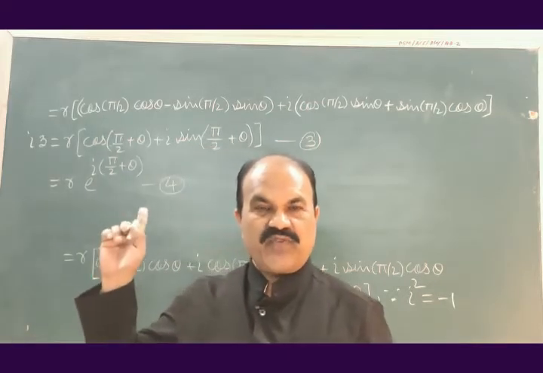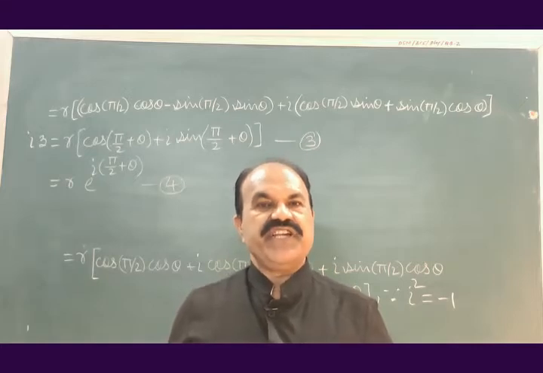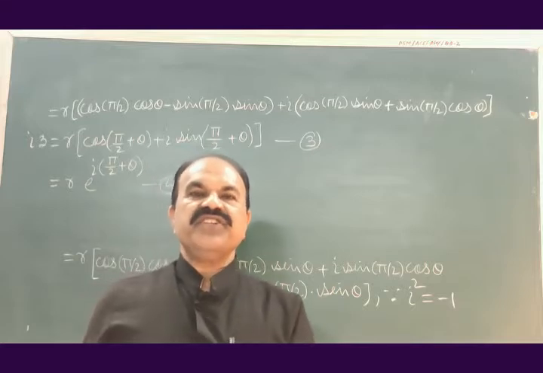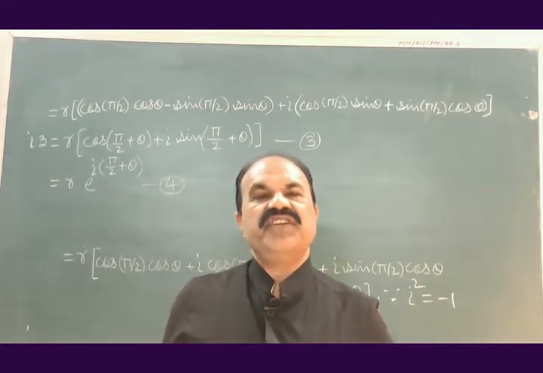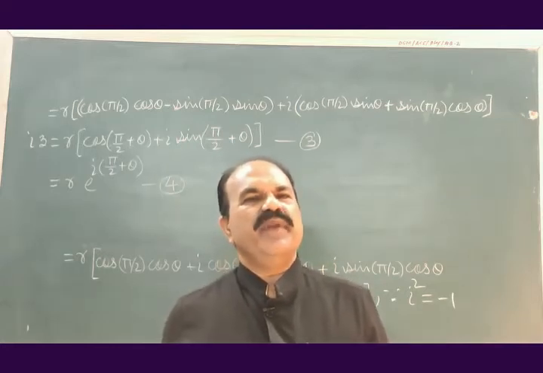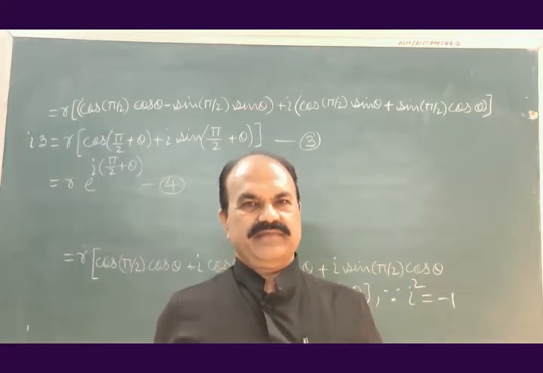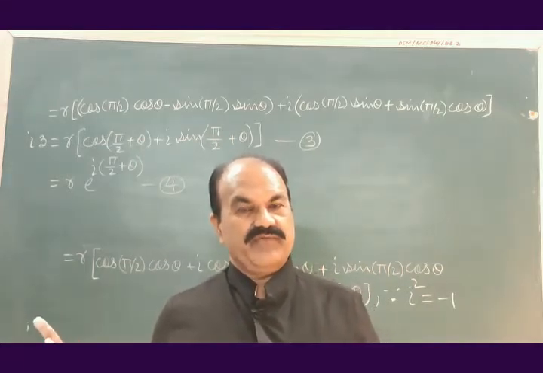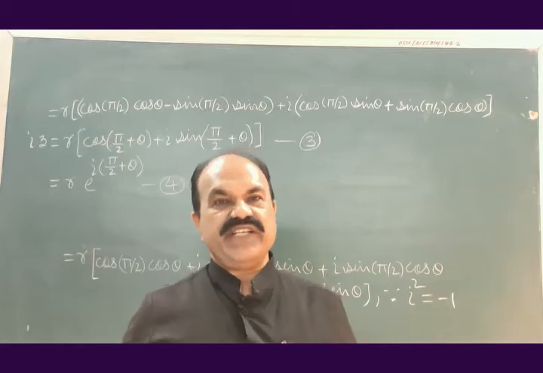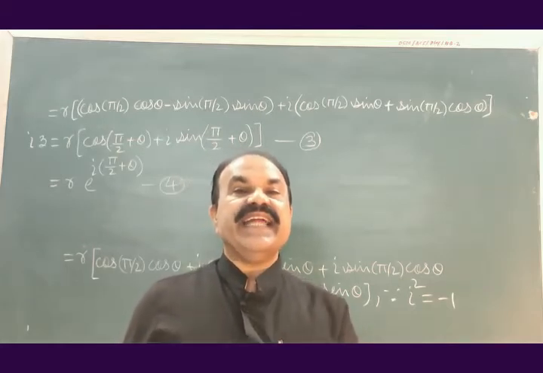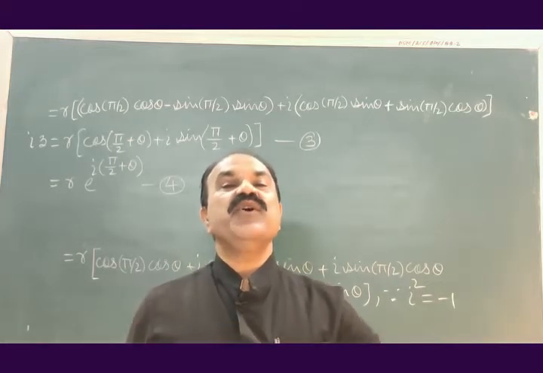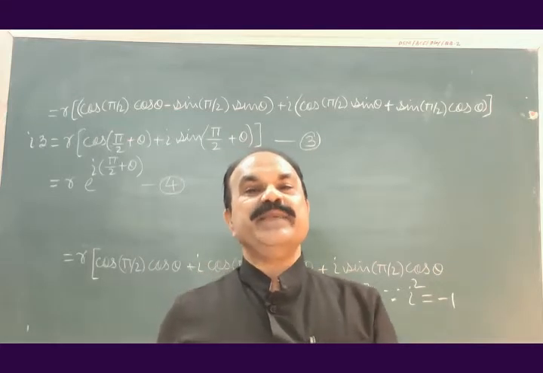What conclusion can we draw from equations 3 and 4? Equations 3 and 4 are the result of the product of imaginary term i and the complex number z. And what is the result? We got the same complex number z, but we note a difference. What difference do we note? The same complex number z is rotated through an angle of 90 degrees in the positive sense or in the anti-clockwise direction when z is multiplied with i.